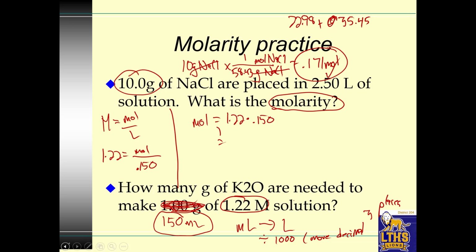1.22 times 0.15 is 0.183 moles, but the question says how many grams? Oh, poopsties. So now I need to convert my moles into grams. 0.183 moles of K2O times, I hate you moles, I'm going to put the moles on the bottom to kill them. I'm going to go into grams of K2O, and 1 is always going to go with moles,